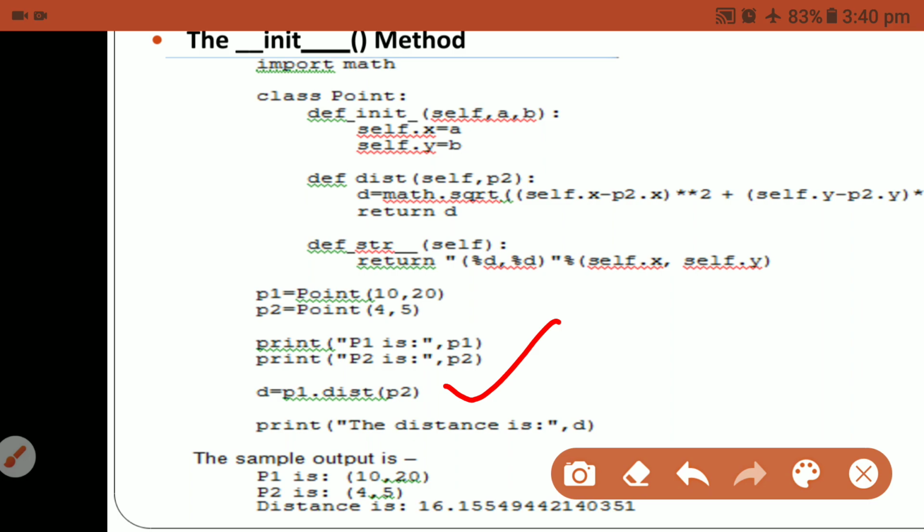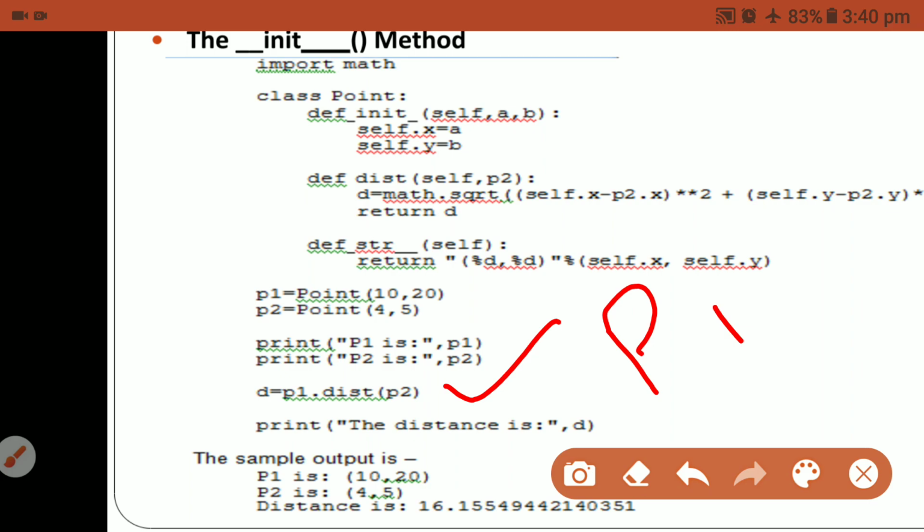Here the reference of object p1 is passed as self to distance, and p2 is passed as the second argument.